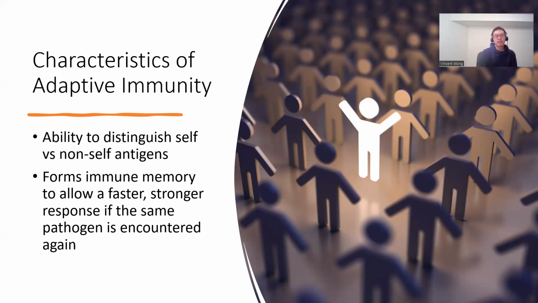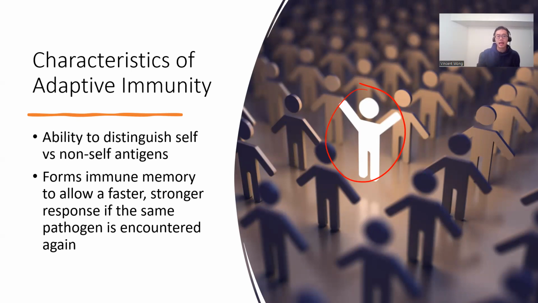The characteristic of adaptive immunity lies in the ability to distinguish self versus non-self. They are able to identify, from a bunch of cells, which one stands out, which one does not belong. That's going to be the one that needs to be attacked. Sure, the macrophage can do that by recognizing PAMPs, but there are some pathogens that are good at hiding those things. And so you need adaptive immunity to